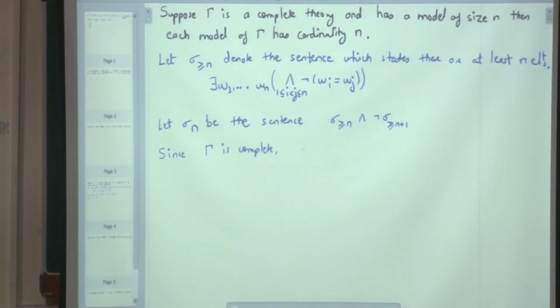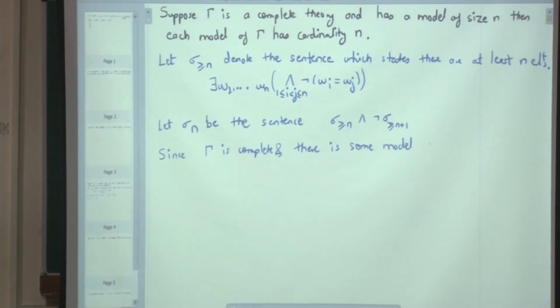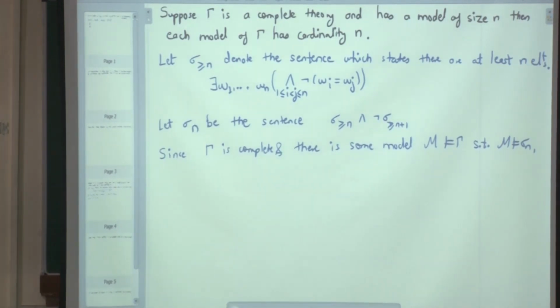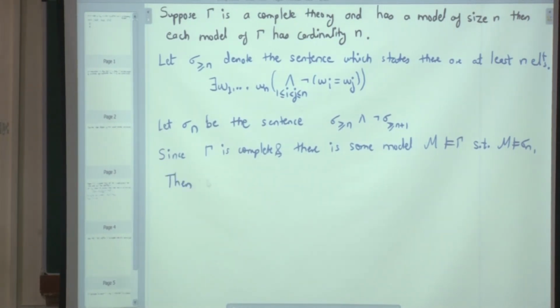And there is some model M of gamma such that M satisfies sigma n, yeah. We must have, so this is a model. What did we say last time? That if you have a model of a complete theory, then what is the theory of that model? That is equal to the deductive closure of gamma. So then gamma bar is equal to theory of M, where